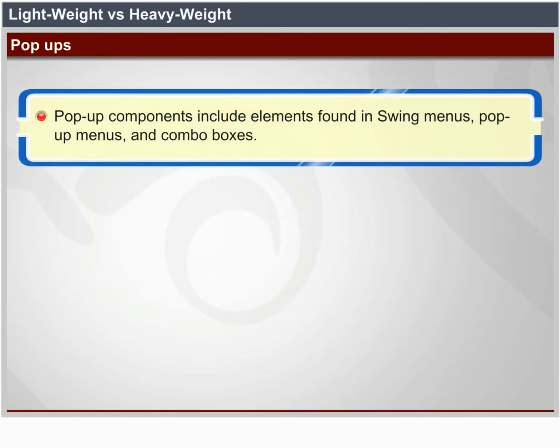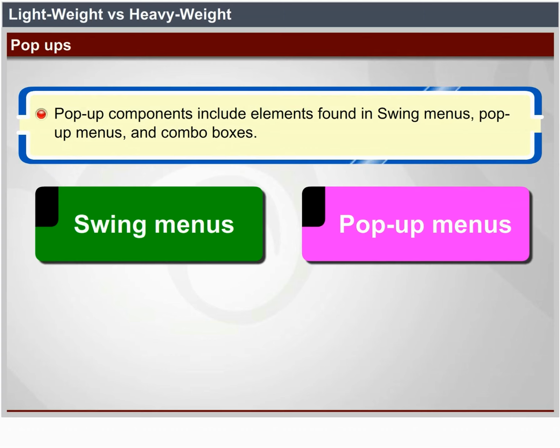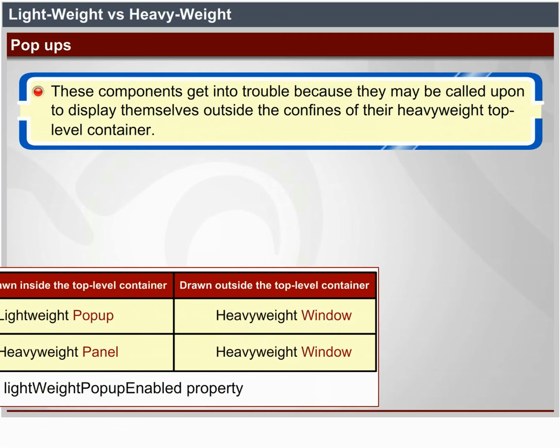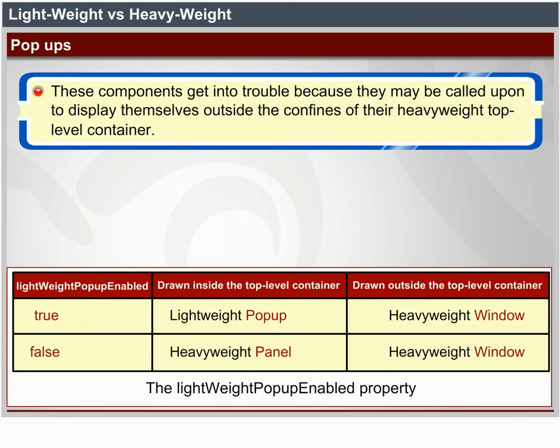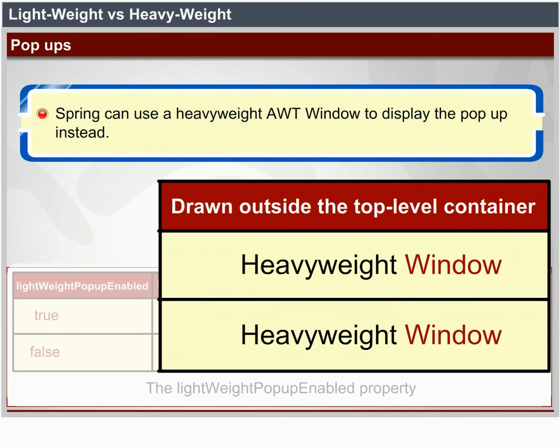Pop-ups. Pop-up components include elements found in Swing menus, pop-up menus, and combo boxes. These components get into trouble because they may be called upon to display themselves outside the confines of their heavyweight top-level container. Swing can use a heavyweight AWT window to display the pop-up instead.